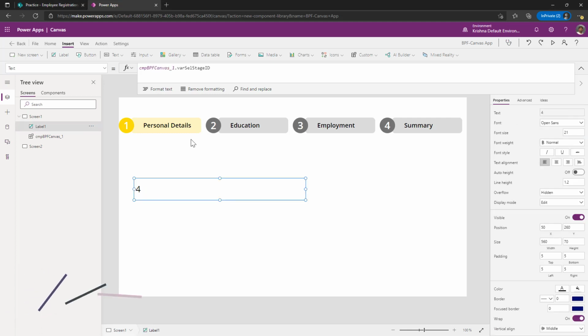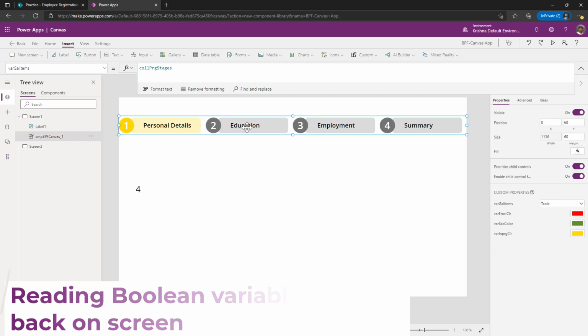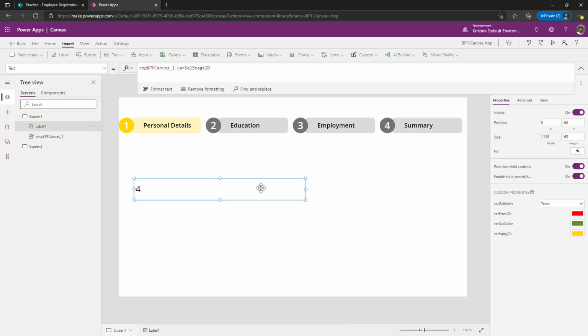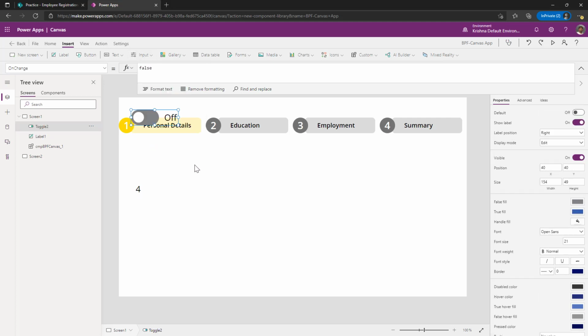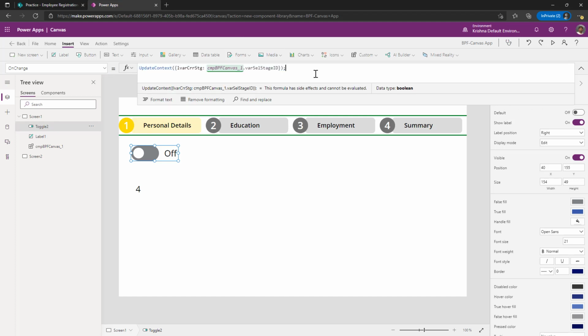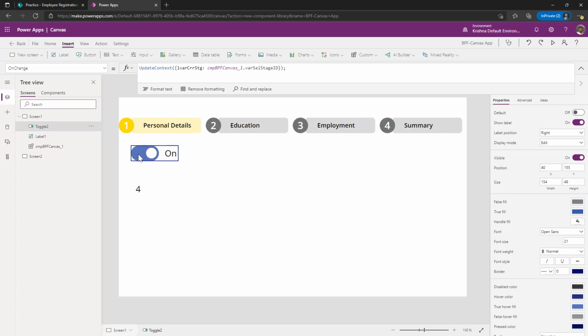Now that we are able to read the output property from the component, this needs to be assigned to a variable. If you want to assign that to a variable, there must be a listener coming out of this component. Unfortunately, there is no way I can listen to the component unless I add a toggle control on the screen. A toggle control has a behavior that it can listen to the input passively, in such a way that I can turn the toggle control on and off. Now I am assigning that selected stage ID output from the component to a local variable, lvarCurrentStage, and then I need to ensure that my toggle control is turning on and off as and when